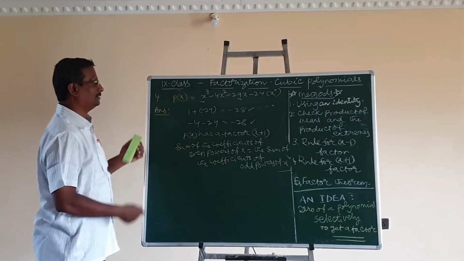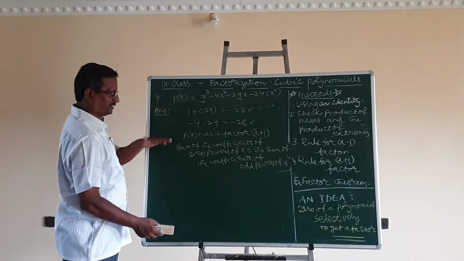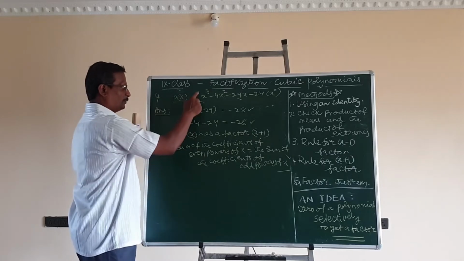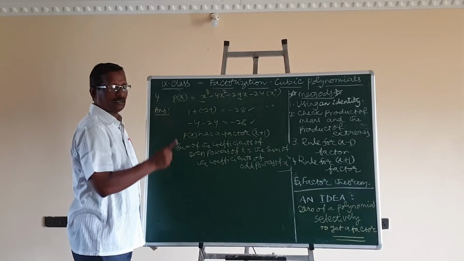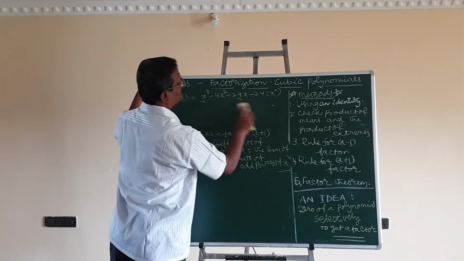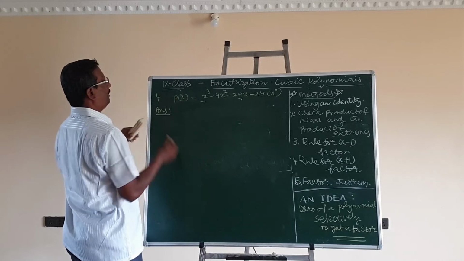This rule we have applied. Or else, when you use the factor theorem also, in one step we will get the same result. It is decided that this polynomial is having a factor x plus 1. Suppose if you use the factor theorem, according to the factor theorem, p of